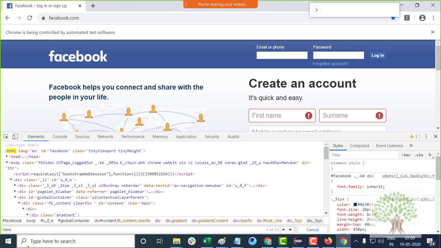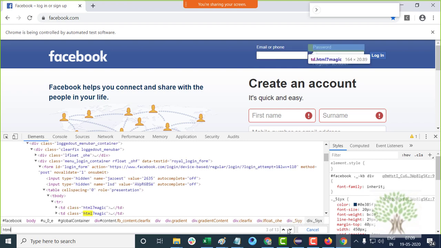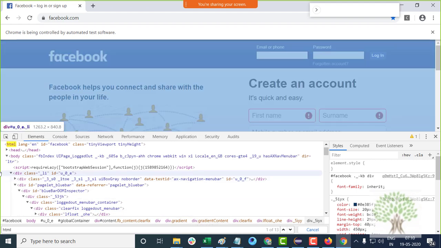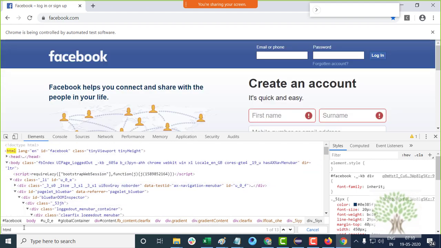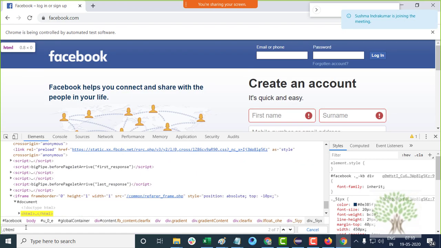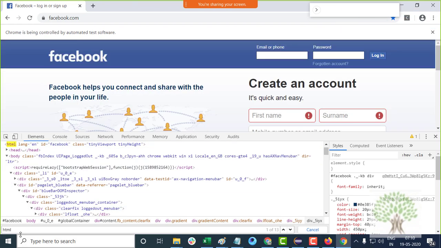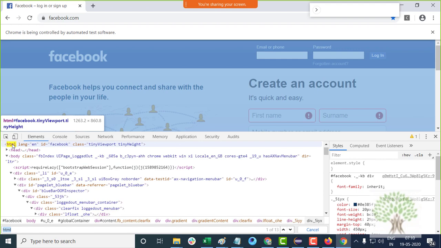If I write the tag name, it will get highlighted, and over here it will say 1 of 13. That means there are 13 HTML tags or HTML spellings over here. You can start with double slash, that will also do, but generally we don't. You can just write HTML, it will highlight the tag.